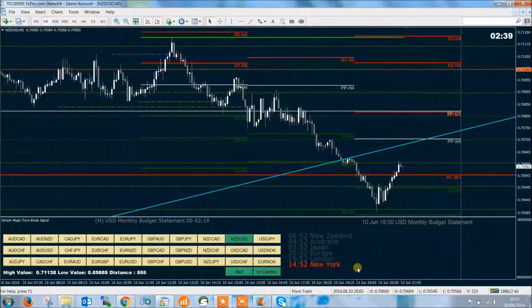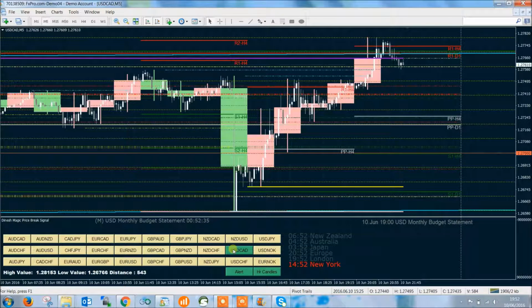So please make use of the indicator and trade carefully. It's a very powerful indicator, and it helps you to gain money easily without much understanding, because the indicator does everything for you. Everything is in one place. So it's nicely arranged for us. So let's make use of it.